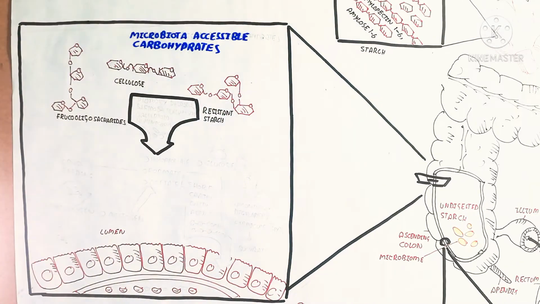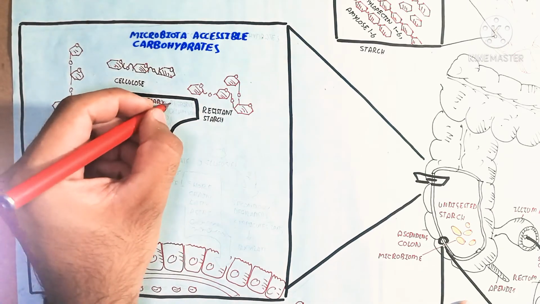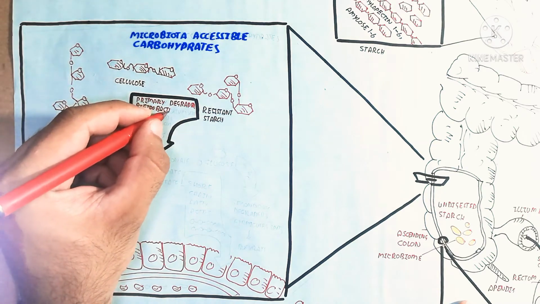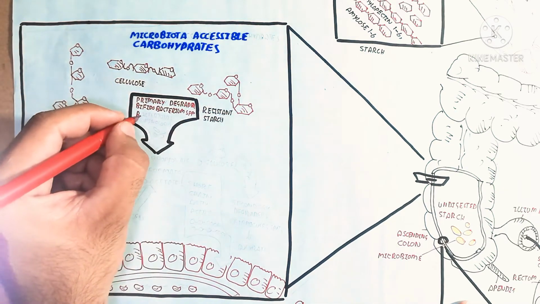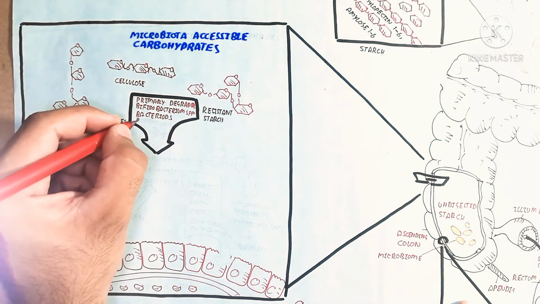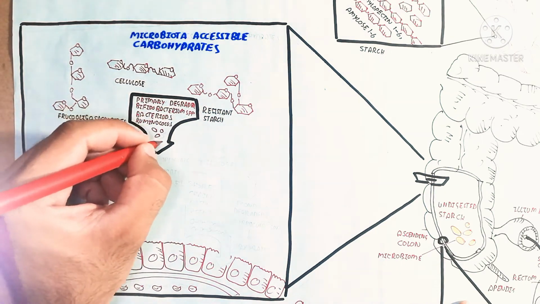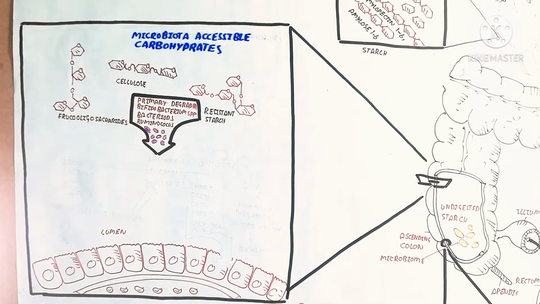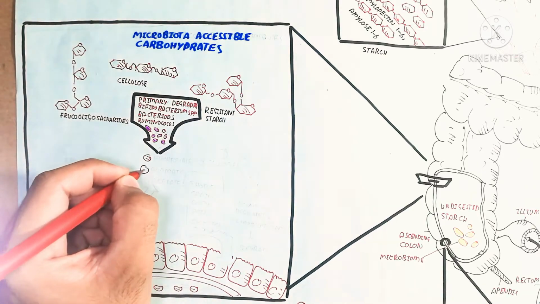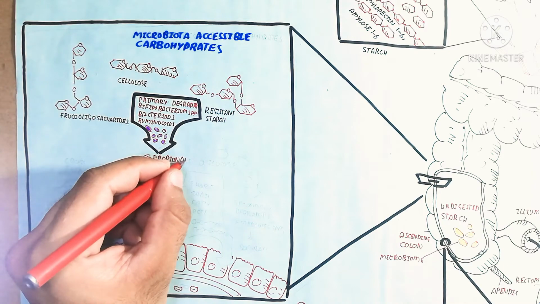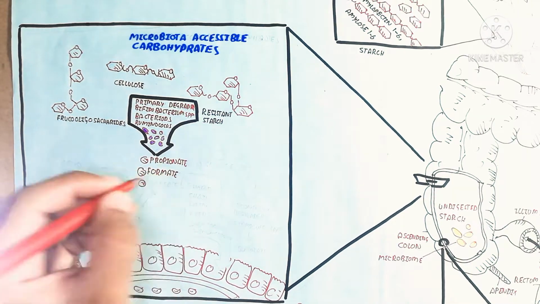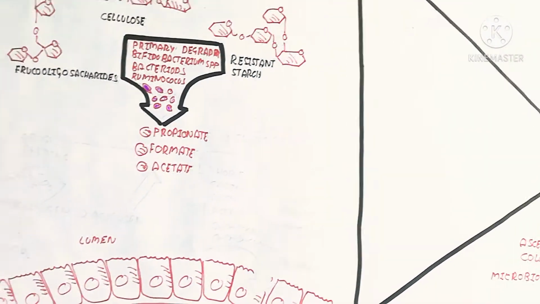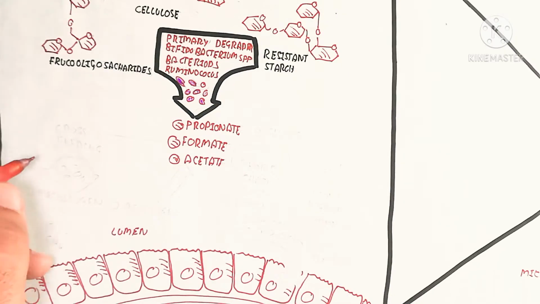On the other hand, cellulose is broken down by the cellulase enzyme into simple sugar. So the Ruminococcus bacteria is used for it, while the resistant starch is basically unable to be digested with our own enzymes. So the bacteria are useful. The primary degraders are first of all Bifidobacterium species, bacteroides and Ruminococcus. Some bacteroides are harmful in our gut, and some bacteroides are useful.